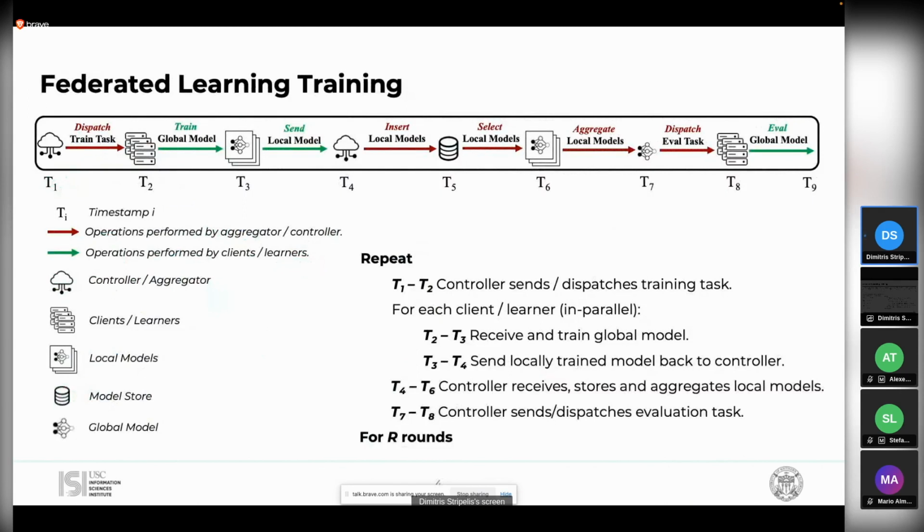So in a typical federated learning training, on the right-hand side I'm showing a small pseudocode across different timestamps, assuming we have a controller and participating clients and learners. At first, the controller dispatches the training task, which can be seen between timestamps T1 to T2. Then every client, in parallel, between timestamps T2 to T4, trains a local model, and upon completing the local task, it sends the local model back